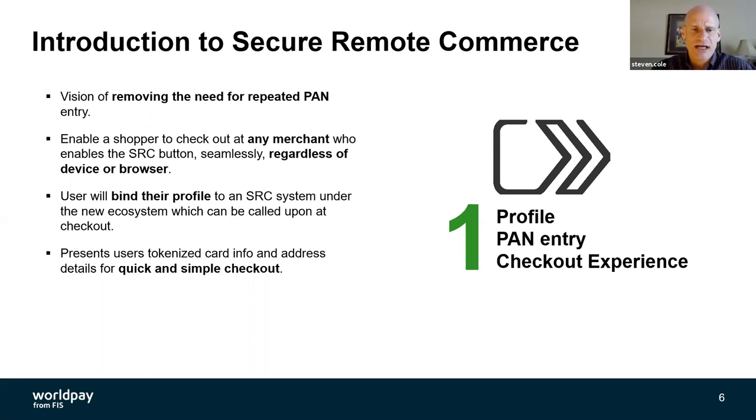Enable a shopper to check out at any merchant who enables the SRC button seamlessly, regardless of their device or their browser, right? Again, as I mentioned, you would be able to do this whether you're on your phone, your laptop, or a tablet, the experience would be the same. And this is done by creating an SRC profile that is bound to your card data and bound even to your device, so that you can be recognized as you're moving from one site to another site. And then the payment